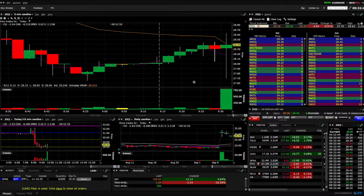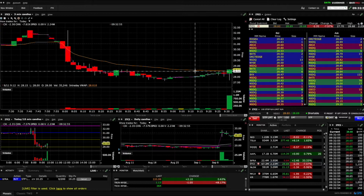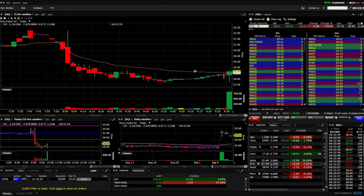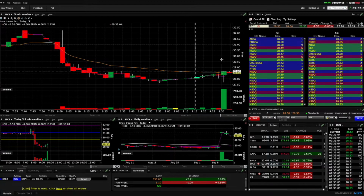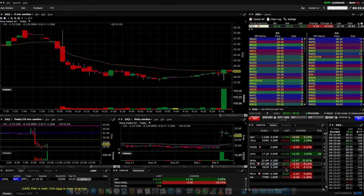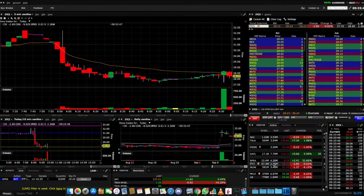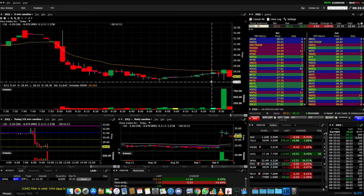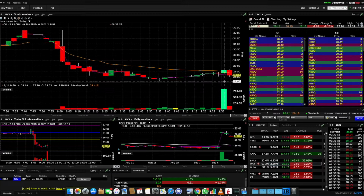ITCI looks like it's going to crash, hopefully it is. And it started with the jump, which I don't like, but I'm waiting and want to see if that jump is going to hold. Now this stock is already 8% down, which is pretty deep. And I want to enter, but I have to do that below the big candle. So it has to be below the 27.5, so it's $1 risk,